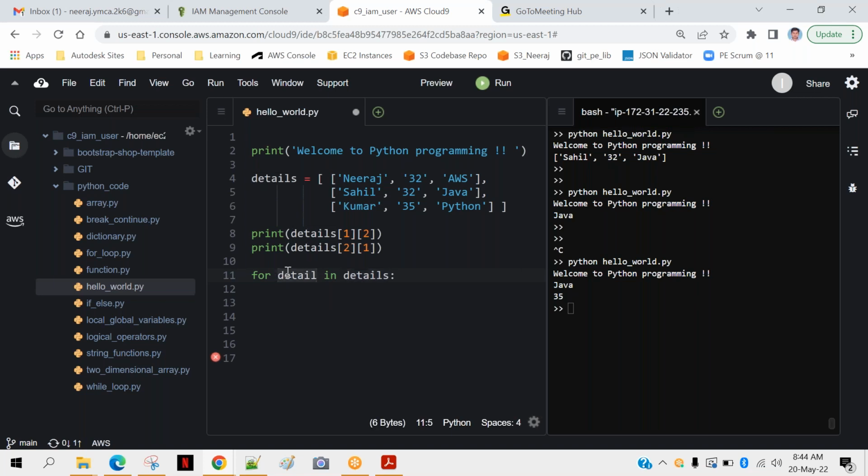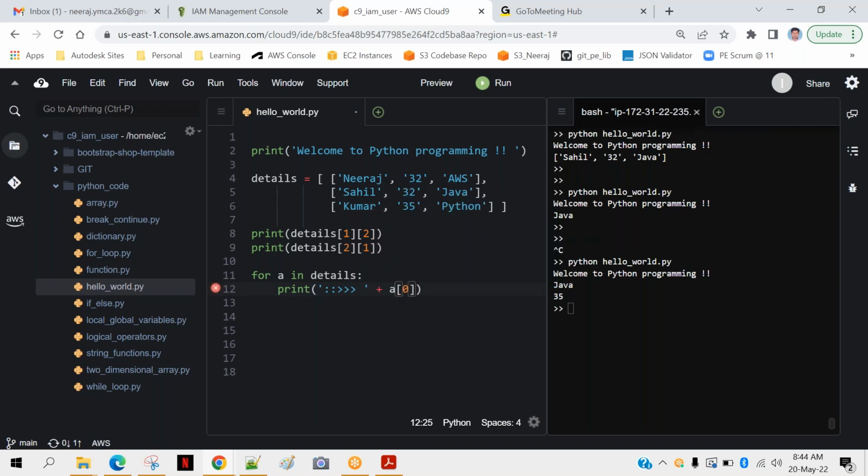The loop variable you can use anything, A, B, C, X, Y, Z, anything. Let me make it A. For A in details, that means any element in this array, it will do something for it. I will do print, and I will put some hard-coded text like this. And what I will do is A and 0.